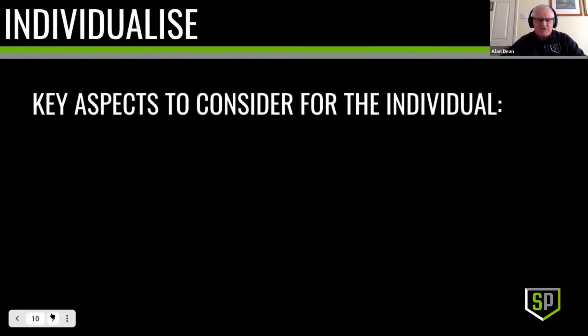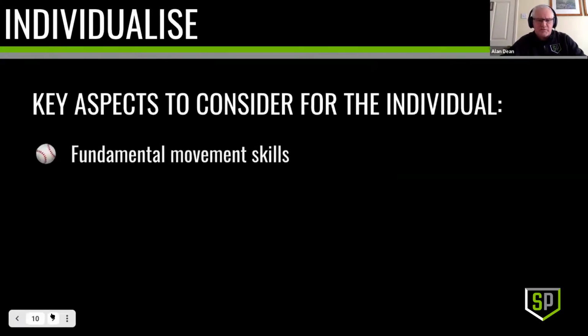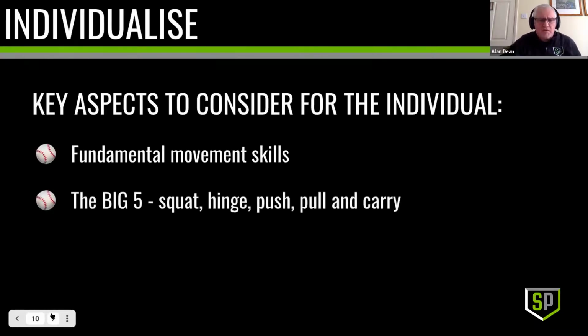So aspects to consider for the individual: fundamental movement skills. By that, we're looking at things such as pull, push, squat, hinge and carry, the big 5 movement patterns. A lot of sports will allow this to occur. If we need to develop these, this is when we start to think about the strength aspect of strength and